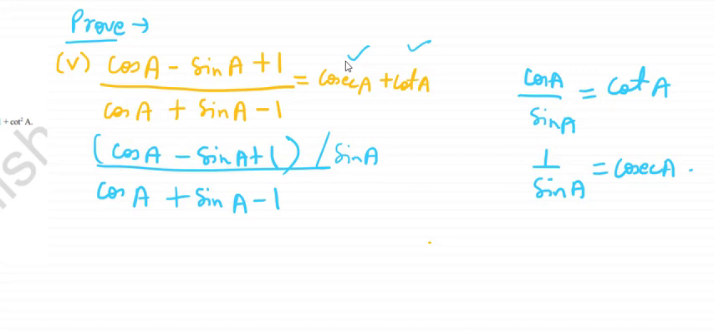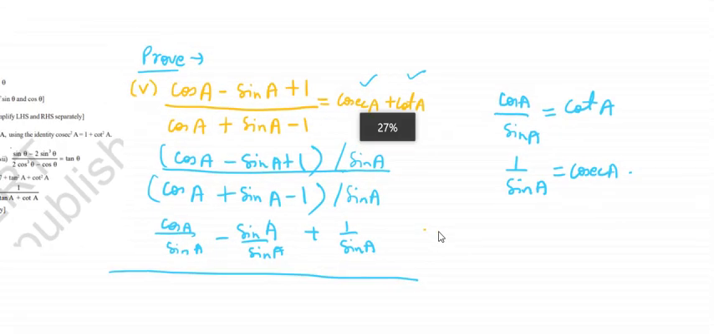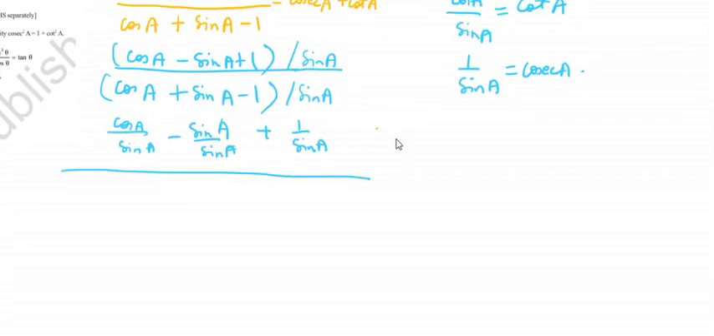If each term is divided by sine, you will get cos A by sine A minus sine A by sine A plus 1 by sine A. The same thing I will do in the denominator also, so the overall fraction will remain the same. You can write it as cos by sine minus sine by sine, and then plus 1 by sine. This will come in the numerator, and in the denominator you will get this, plus